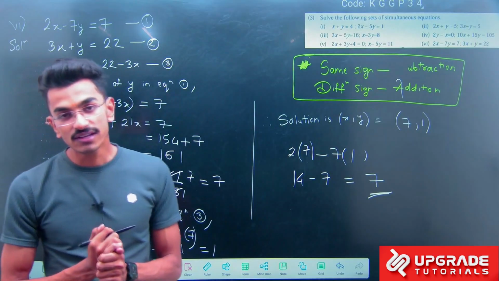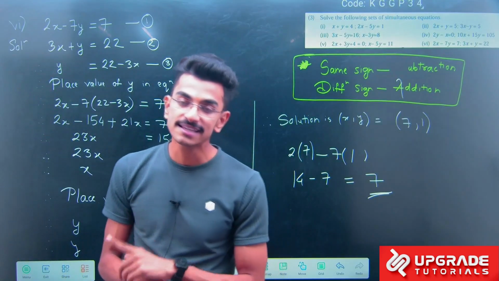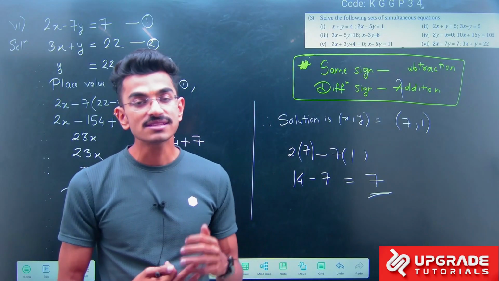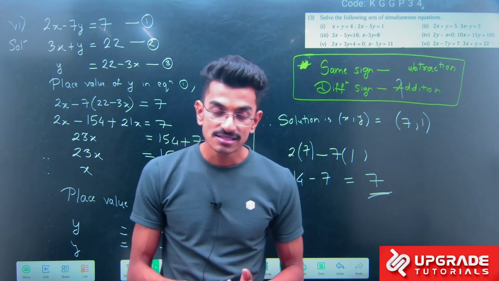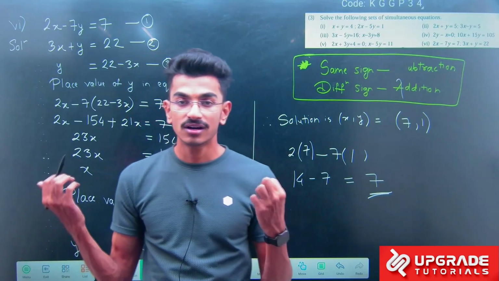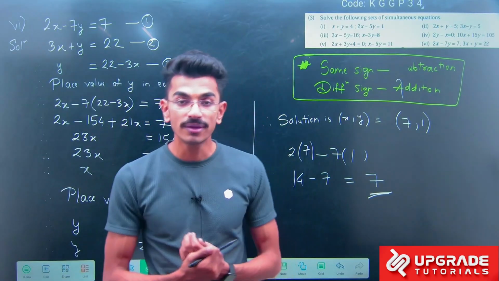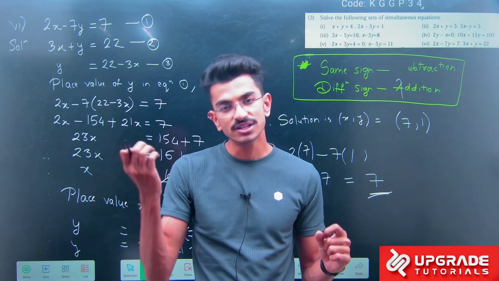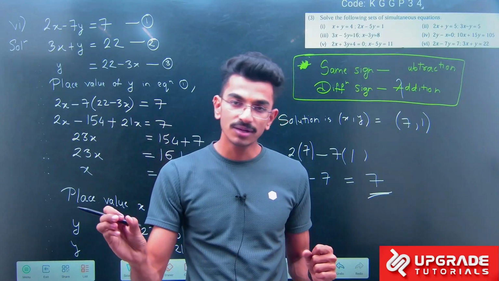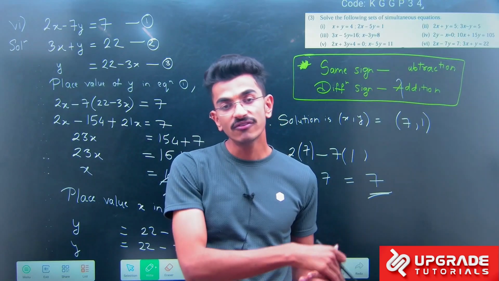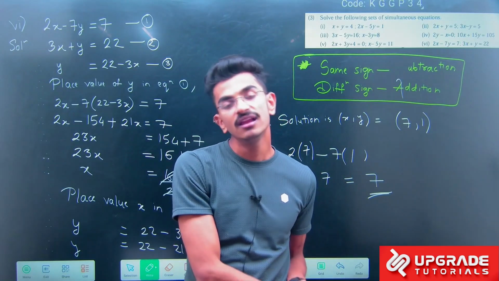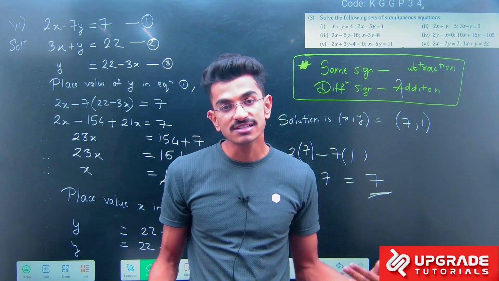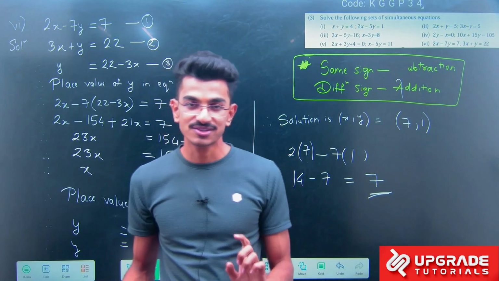So with this we come to an end of our first exercise, that is 5.1 of linear equations in two variables. For more such sums, stay tuned to our channel. You will get more such equations, more questions on this topic. And also the method is the same. For the substitution method, you just find any one variable, substitute in another equation, find the value of the other variable, and resubstitute. In the elimination method, check the coefficients, multiply, add or subtract, find the value and resubstitute.